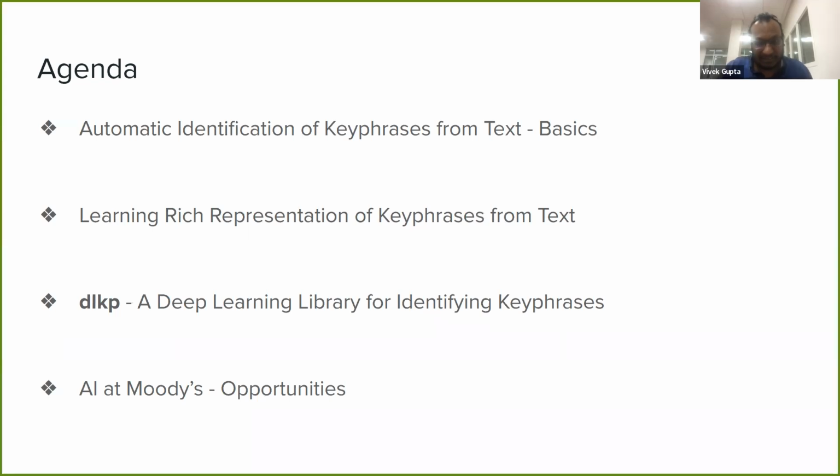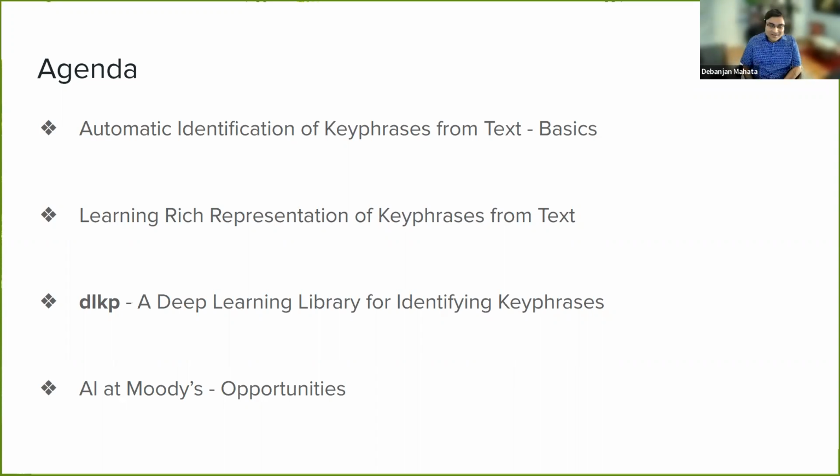I have a lot to cover today, and I think the agenda is, first of all, to bring everyone to the same page, because I don't think key phrases is a very well explored topic like the other topics. For example, I see named entity extraction, question answering, and summarization being very popular among NLP researchers, but a lot of people have a lot of confusion in understanding what exactly automatic identification of key phrases is. So I wanted to bring everyone to the same page before I dive deeper into some of the latest work